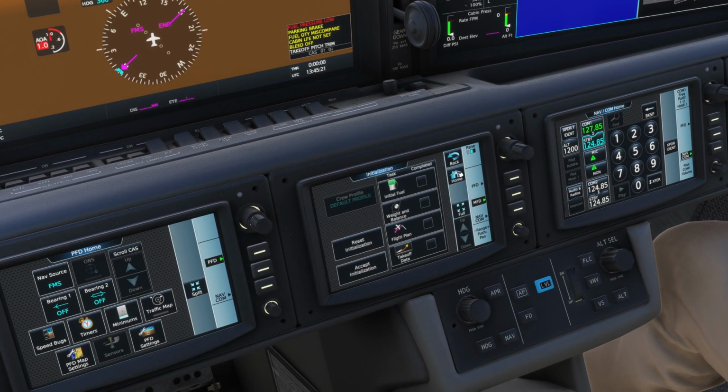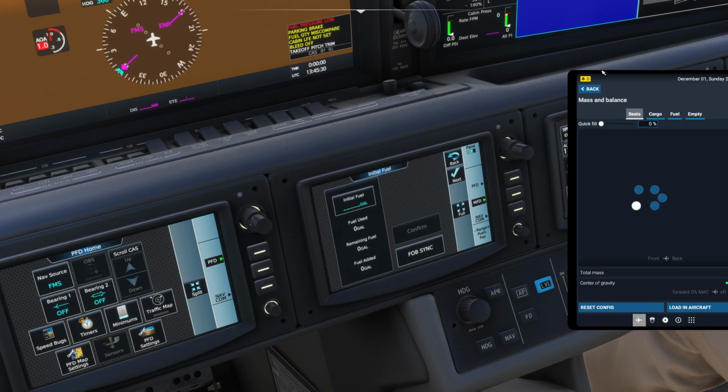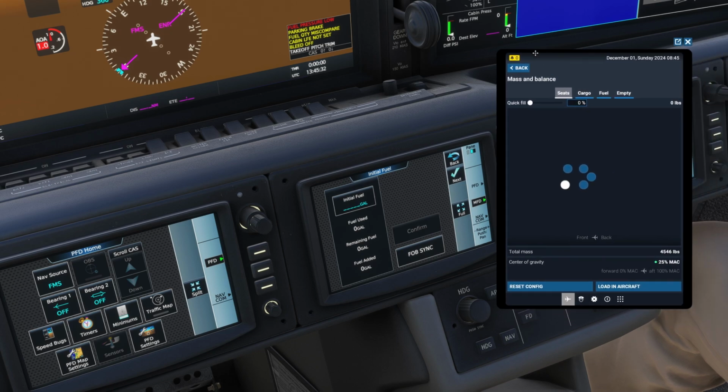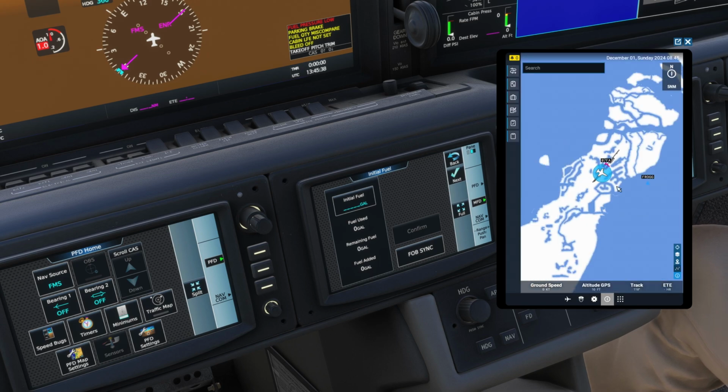Let's go ahead and go back to initiate. So we're gonna want to put in our fuel, initial fuel. So I'm gonna come here. So what you would do here then is, when you first get in, you're gonna be right here. Most people are. So this is, and then you would go to